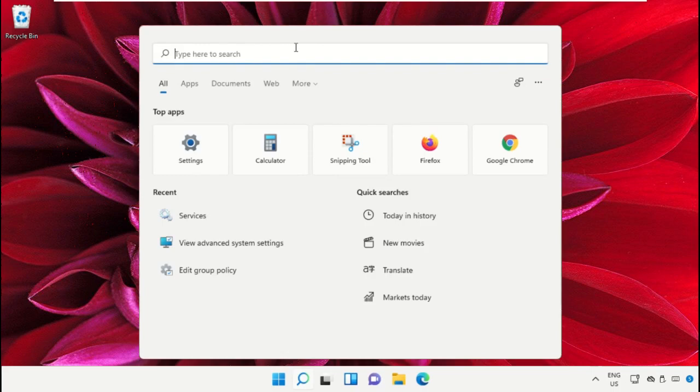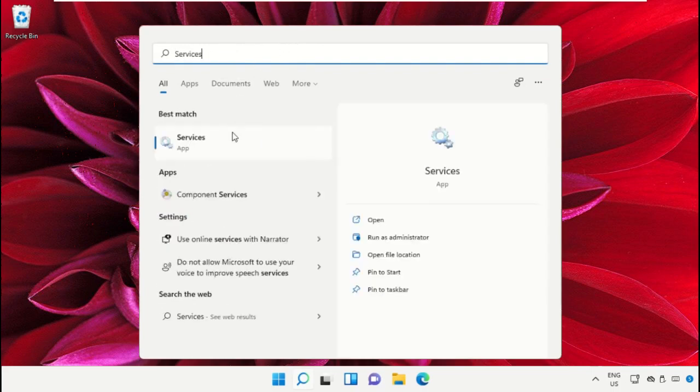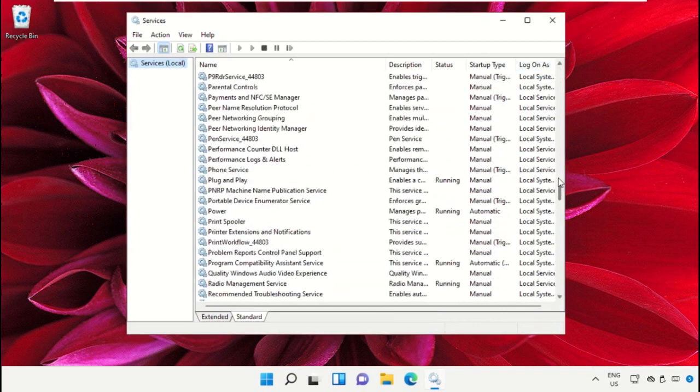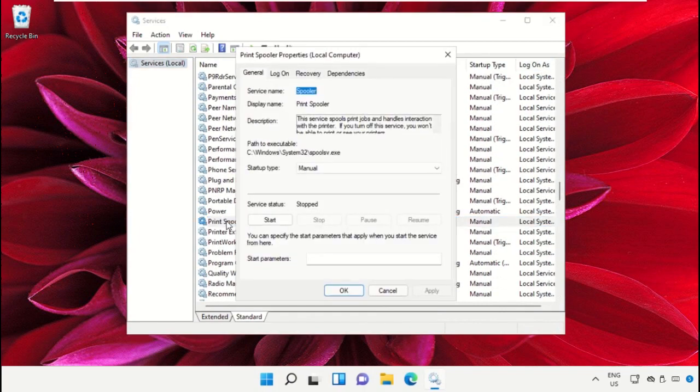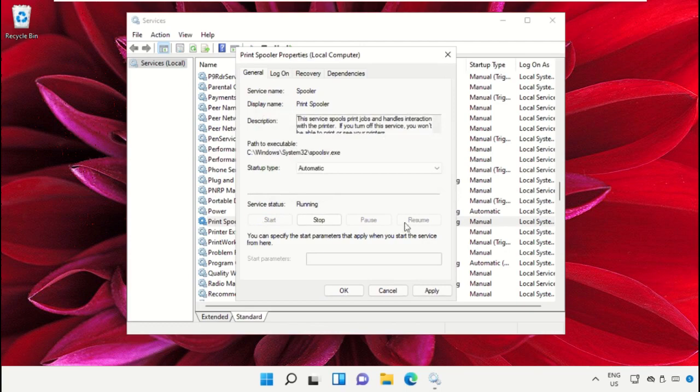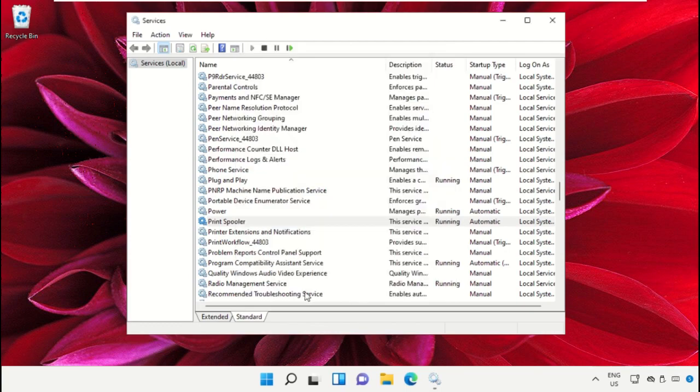Go to the search bar and type services. Click here to open it. Then search for print spooler. Double click on it. It will open the properties and then select startup type as automatic and click on start. Once done, apply the changes